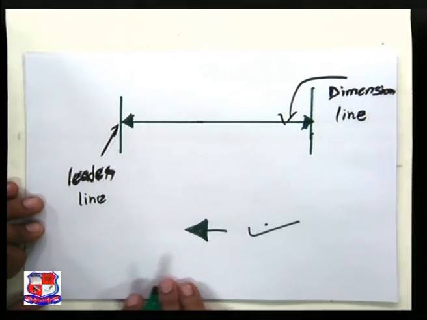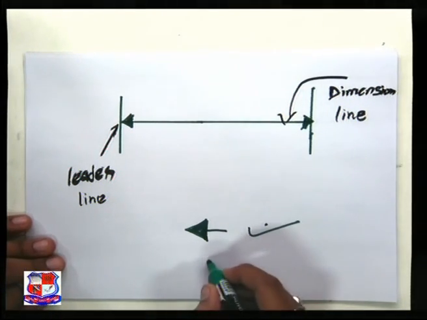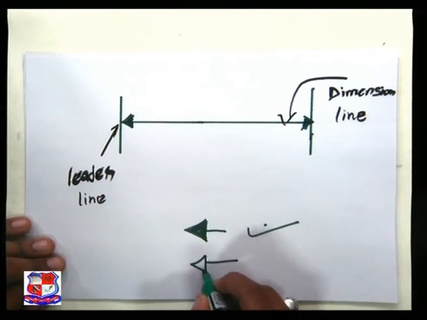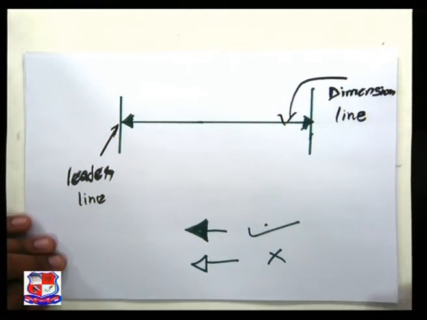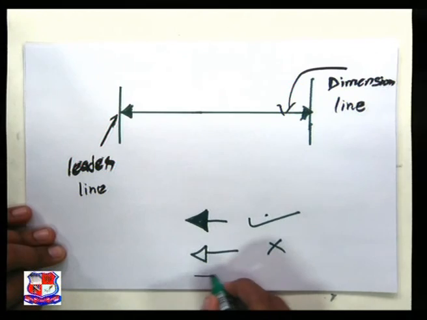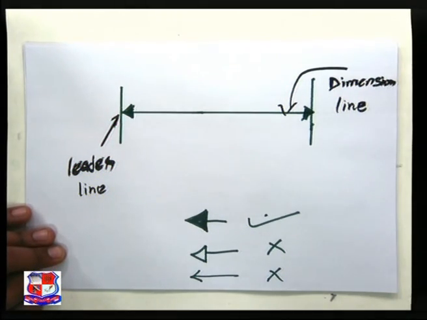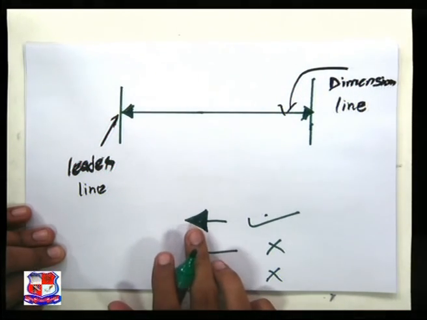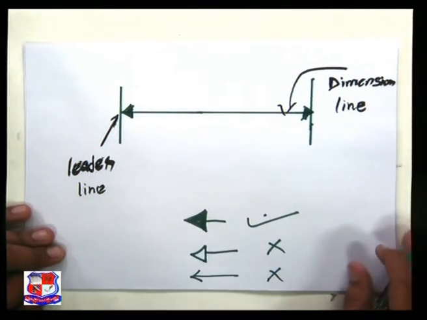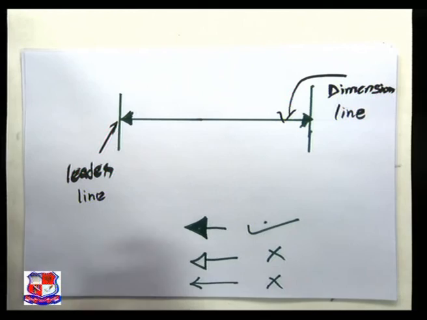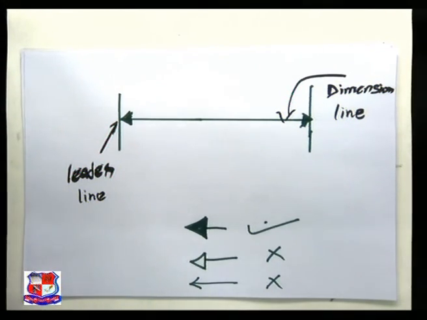This is the right method. If you are doing like this, this is the wrong method. If you are drawing like this, it is also the wrong method. So always draw triangle, closed and filled arrows. So these are called